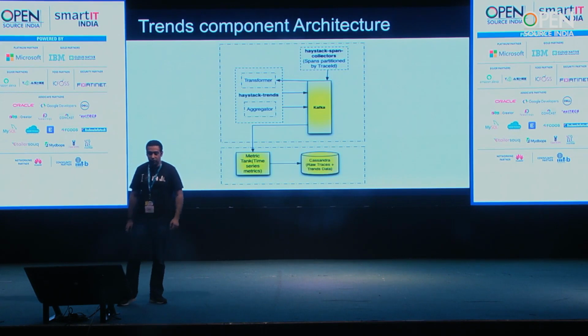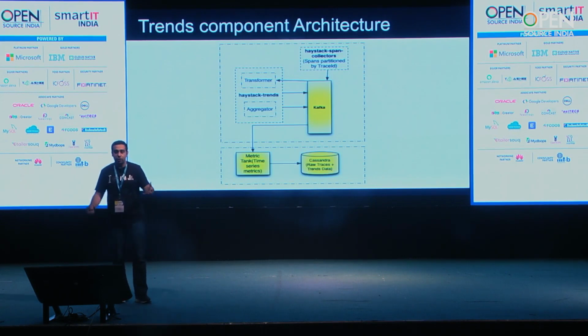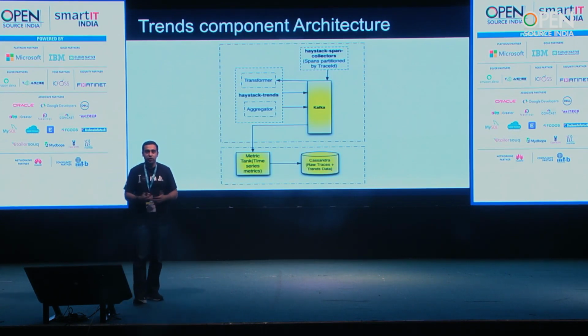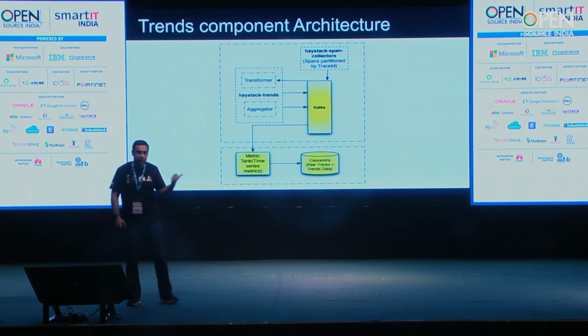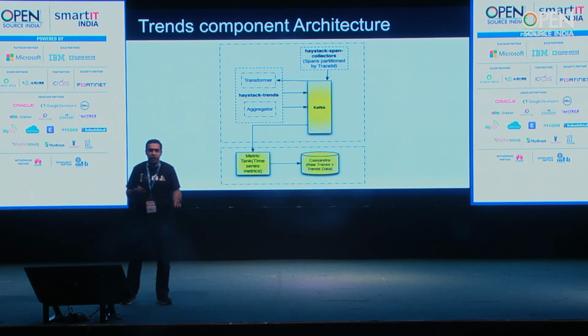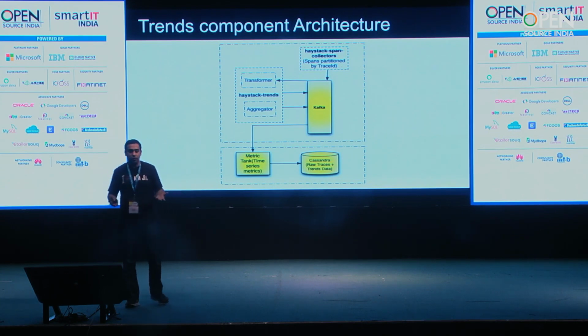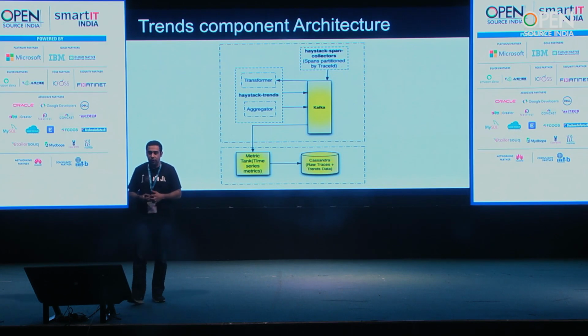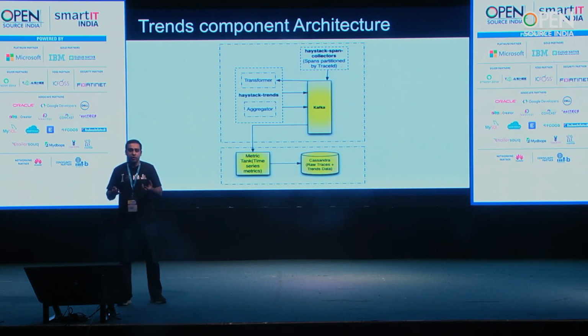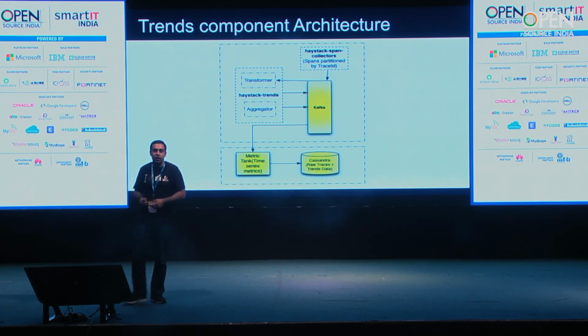We then come to the trend component. The trend component helps us in creating the trends for a particular service and operations, and we have two subcomponents in it, which are the transformer and the aggregator. The transformer does nothing much, it just converts the spans that we are reading into Metrics 2.0 metric points, and the aggregator is the main component that actually reads those metric points, aggregates them, and processes them back into